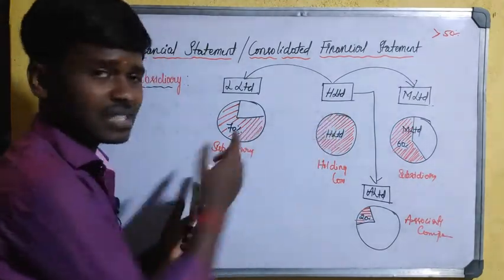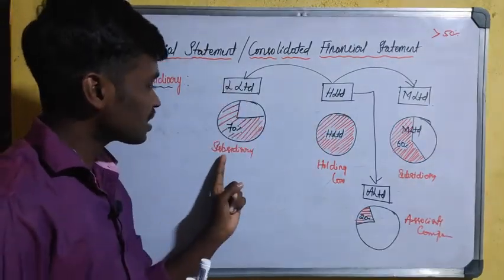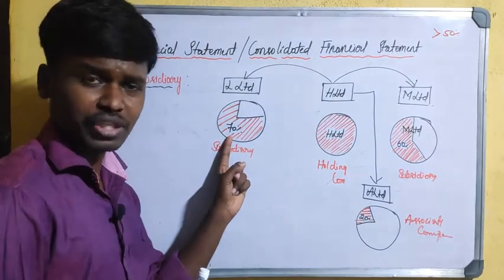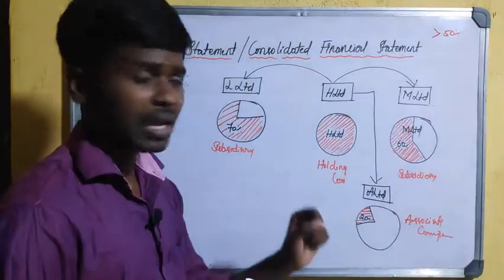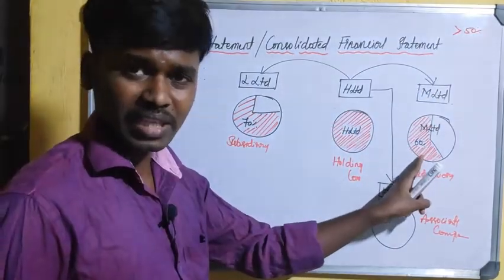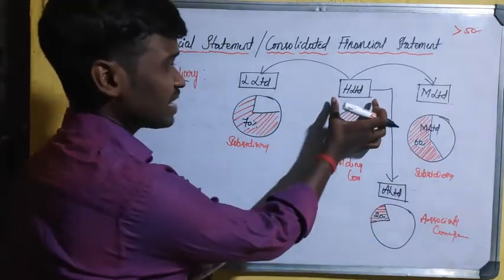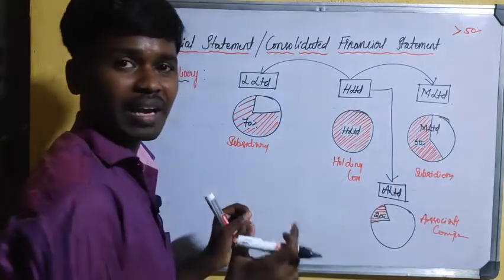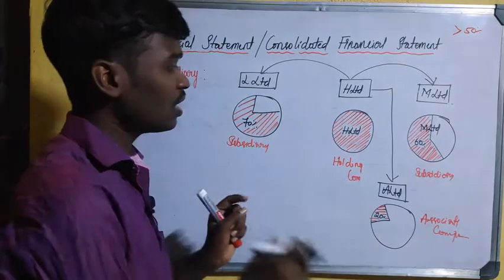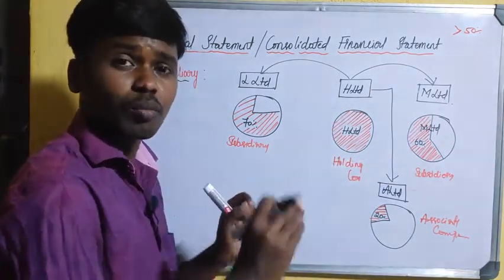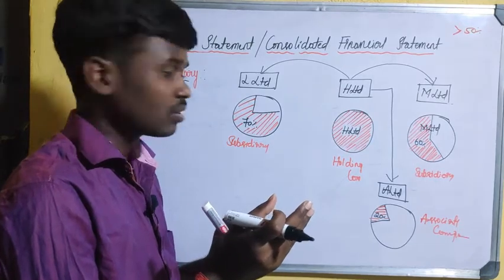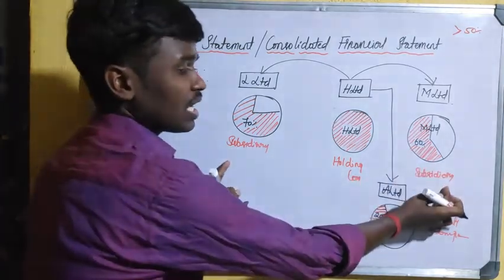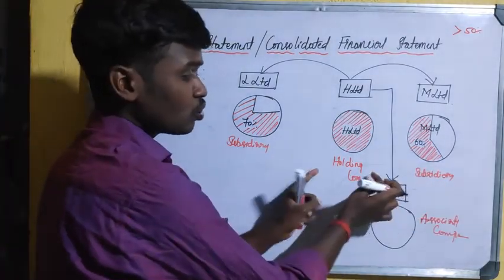So in this example, L Limited is a subsidiary company because H Limited has more than 50% of share capital in L Limited. M Limited also will have more than 50% of share capital, right? So therefore H Limited now has two subsidiaries. So these two subsidiaries will be called multiple subsidiaries. So when one parent company has more than one company, then those companies will be called the subsidiary companies or multiple subsidiary companies to this holding company,